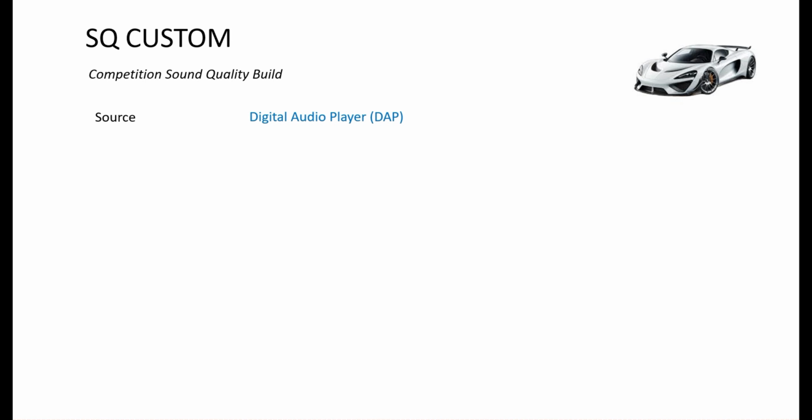Well, first of all, you're more likely to have an independent music source, because your sound will never be better than the source of the music that you're playing. So in this case, I'm going to want a digital audio player, so I can play high quality FLAC files, because at this level, your car audio system will really show up terrible sounding recorded sources. So the better the source, the better the end result that you'll hear in your car audio system, right? Next,